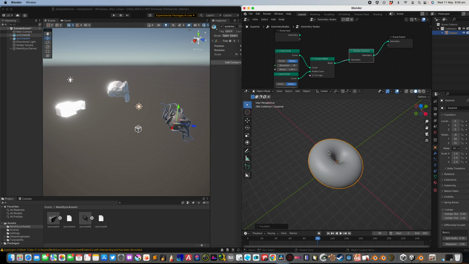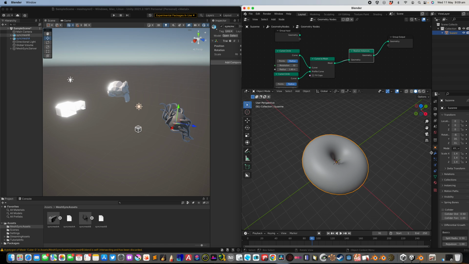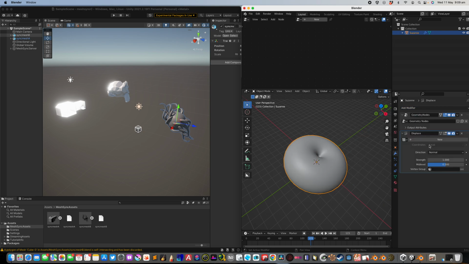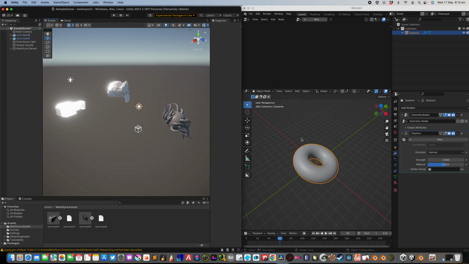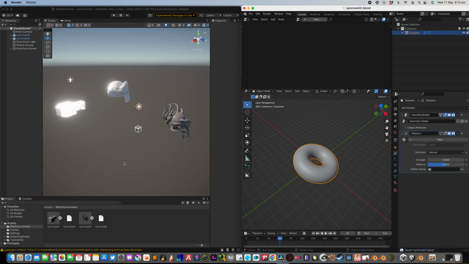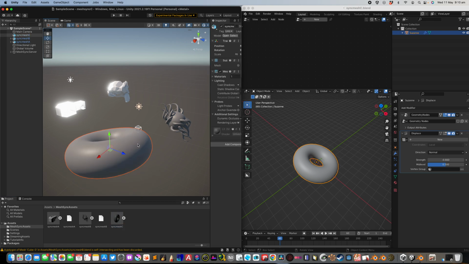In this case, it doesn't update geometry nodes. I might forget to do something here. But if I save this, anyway, save this as a blend file. And if I save this inside MeshSync assets, if we wait a few seconds, we're gonna get this torus,